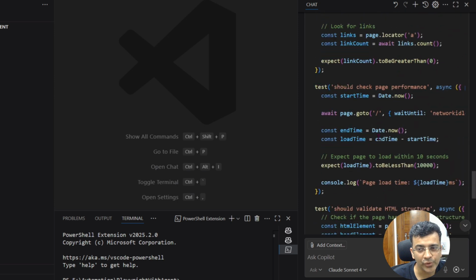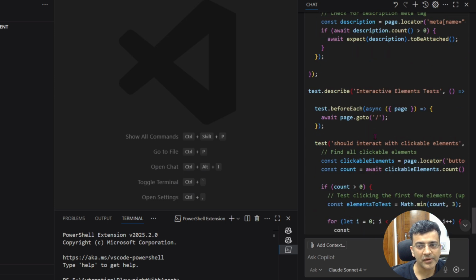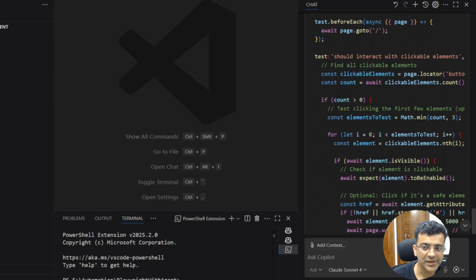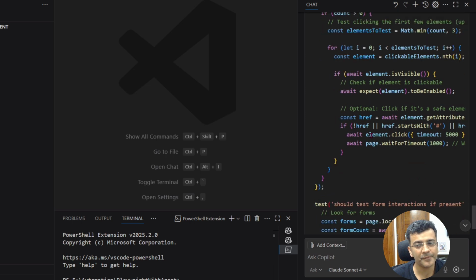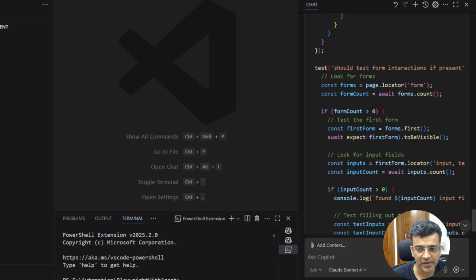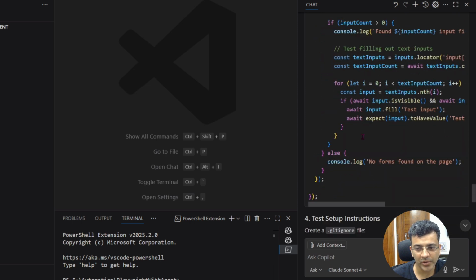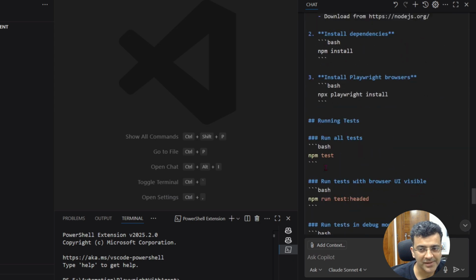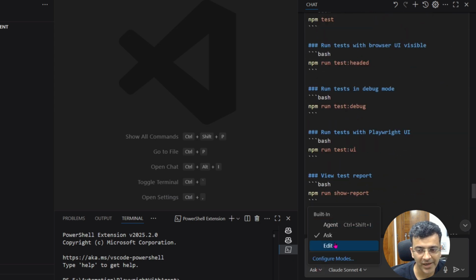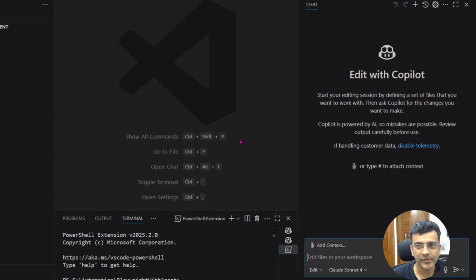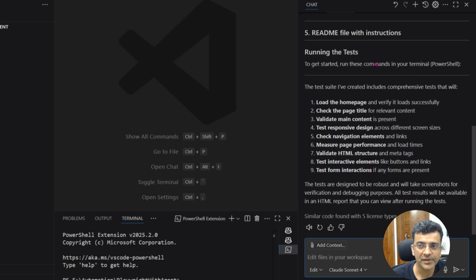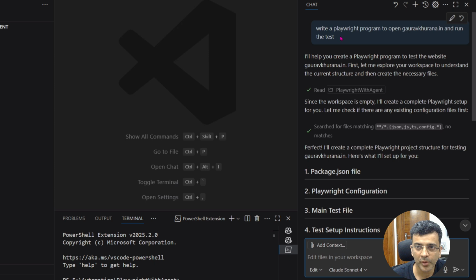If you are not familiar with this stuff, you can first check this out so that you can understand, because agent mode goes very fast. Let's see what happens when we do the same thing. It has given all these suggestions. If I ask this same thing in the other mode and click on this option, you can see your previous chat history. I'll copy this prompt and paste it in the edit mode now.